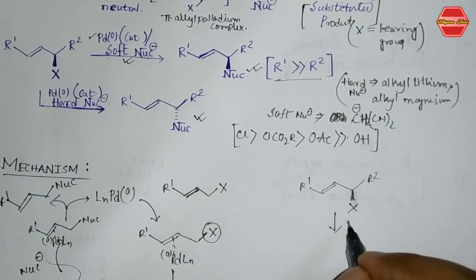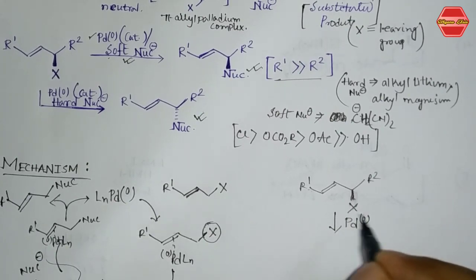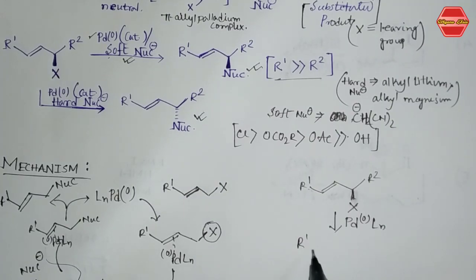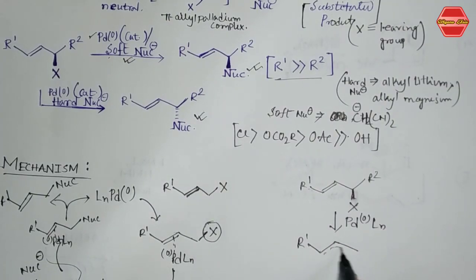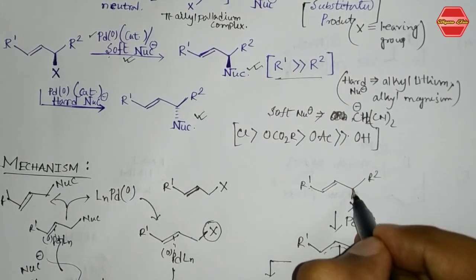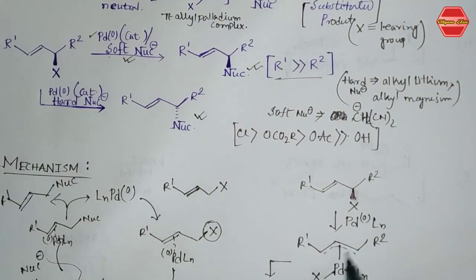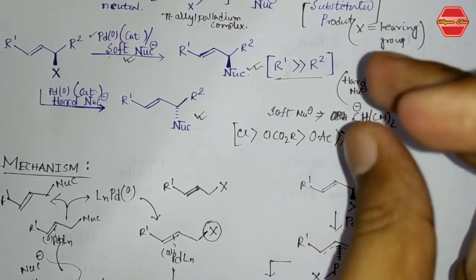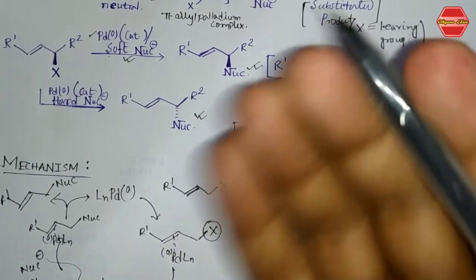In the first step, oxidative addition, palladium 0 will attach with this pi bond. After that you are going to get this one. This is your oxidative addition step. So this is a palladium, and here is your Ln or any X over here, and this is your R2. Now the more important thing is that this bond is above the plane, so this palladium should attach to the pi bond from below the plane, because the X group is on the top face.